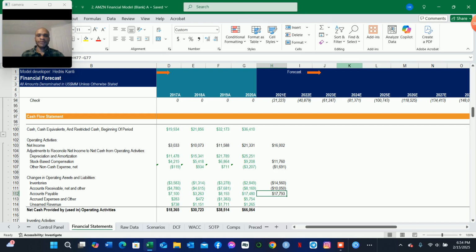So we can look at that accounts payable like that. We can copy that formula for the accrued expenses and unearned revenue. So we have those in place there. So to account for the net cash provided or used in operating activities, we can